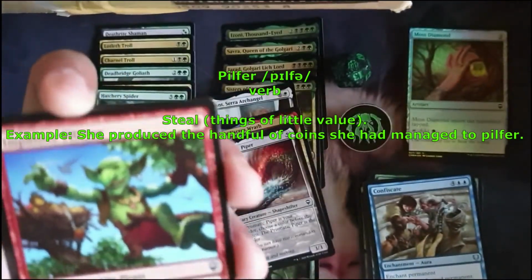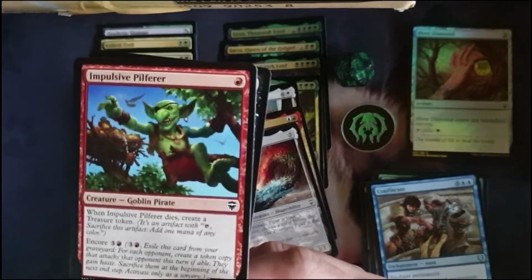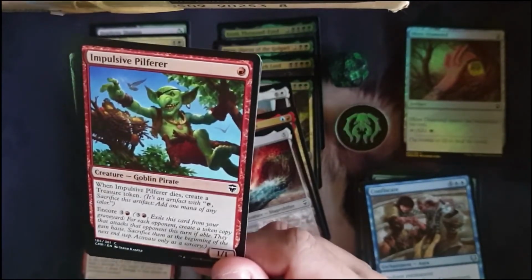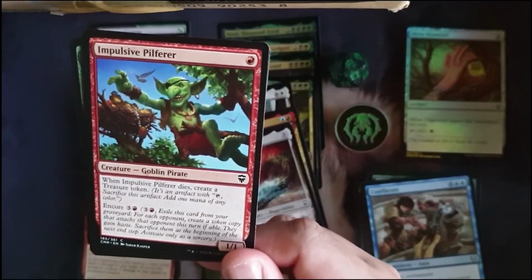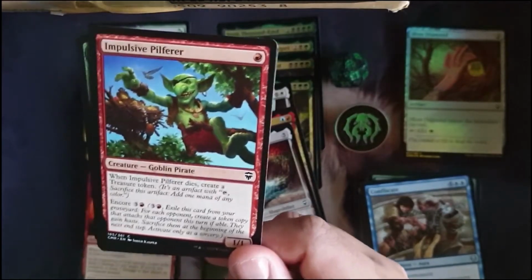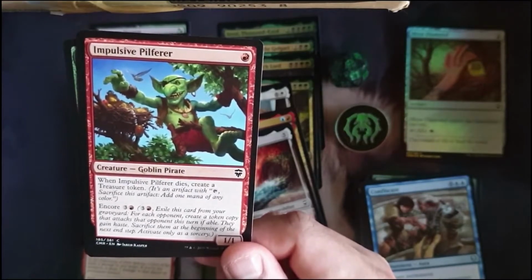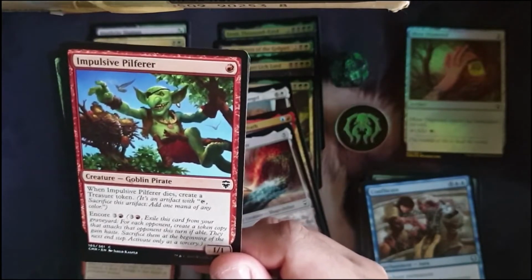So pilfer or pilferer. So Impulsive Pilferer is a 1 mana cast 1/1 creature, goblin pirate. So only 1 red to be paid. When this creature dies, we create a Treasure token. Then it has the Encore ability, the new ability from Commander Legends. So it can be activated with 3 generic and 1 red mana. We can exile this card from our graveyard. Then for each opponent, we create a copy of this creature